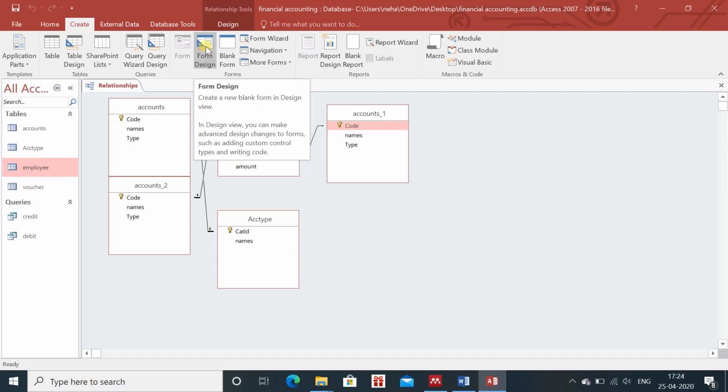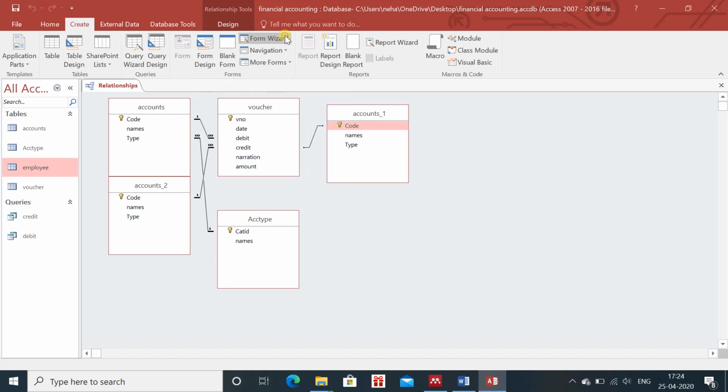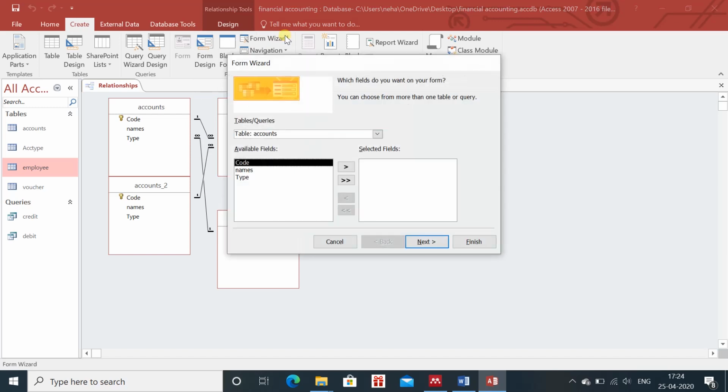In case of reports and forms also, we have the form wizard. Suppose I need a form, I want to create it with the form wizard. With the help of the wizard, which means already set templates, we can go according to that. At your level, you are just required to create forms with the wizards only. In case of form, you have to select the table you want to use. In your question, they have written that they want the form from the employee table.